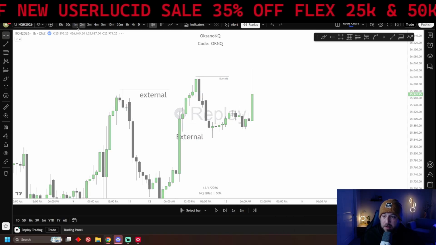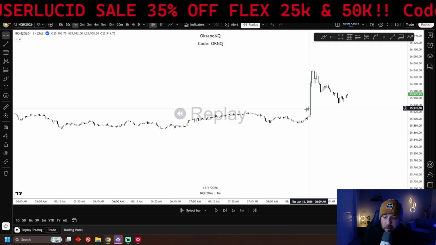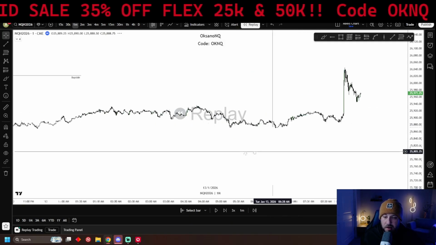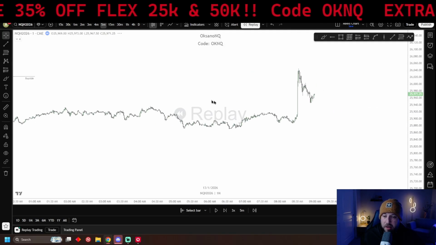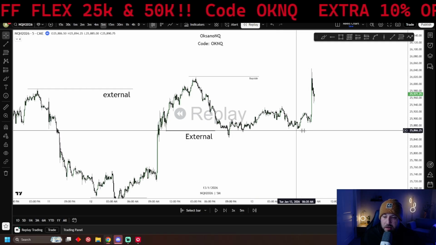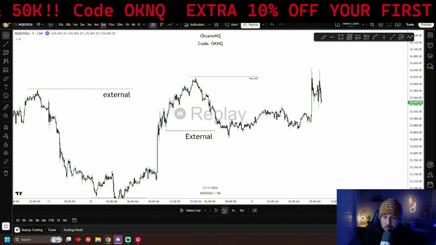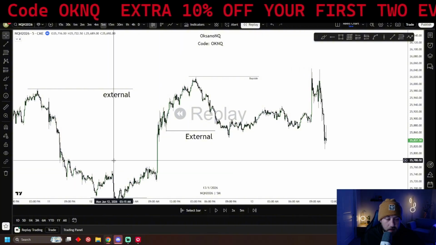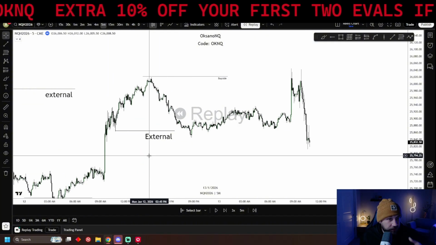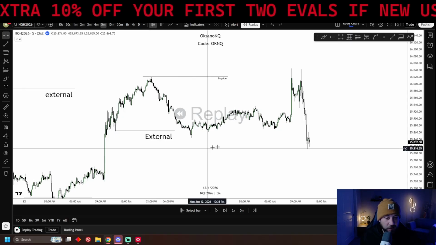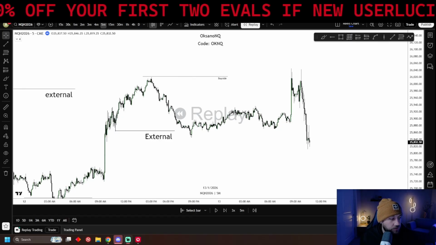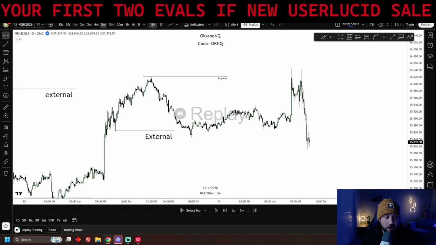What can I expect to go for next? Oh, that was a data candle. But here we have 5-minute internal liquidity. Right? So boom. It's literally nothing but a back and forth game of finding internal to external.